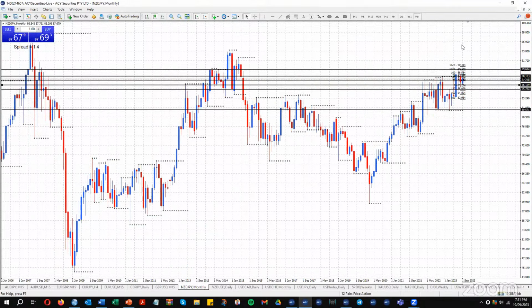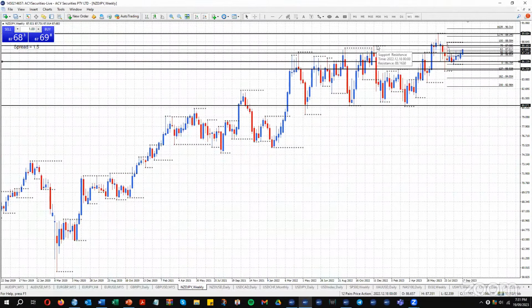Let's just drop to the monthly chart. That's a monthly high there. So it's monthly, weekly resistance up here. That's the weekly high there, monthly high. Heading back up there. Now, you could say this is actually an uptrend on the weekly chart, but